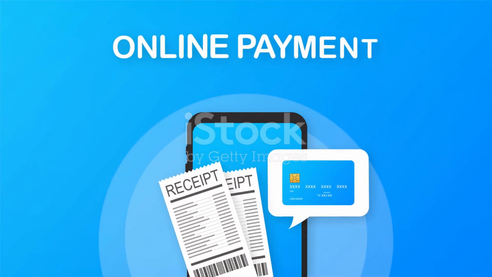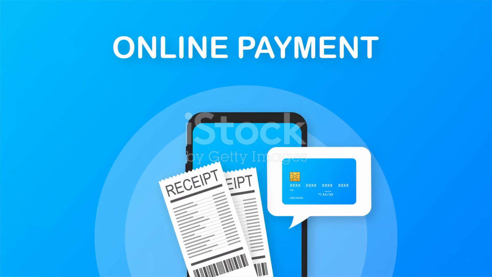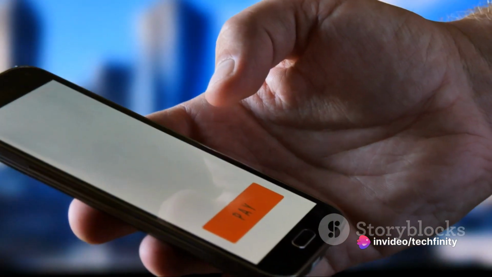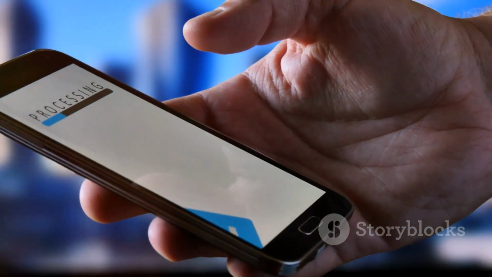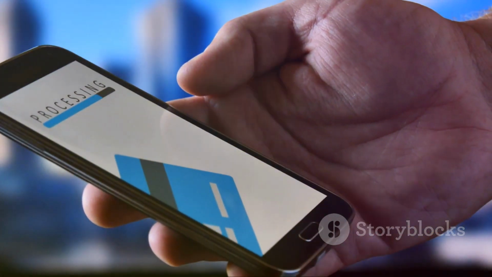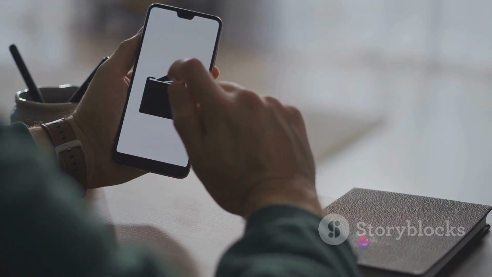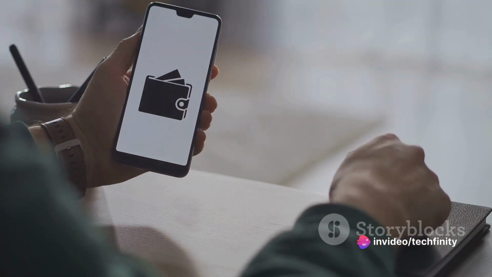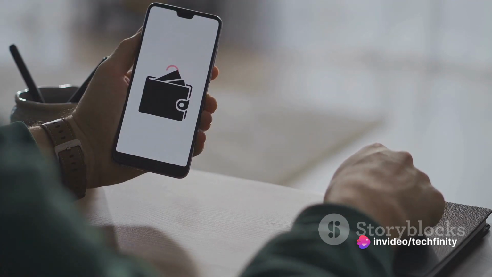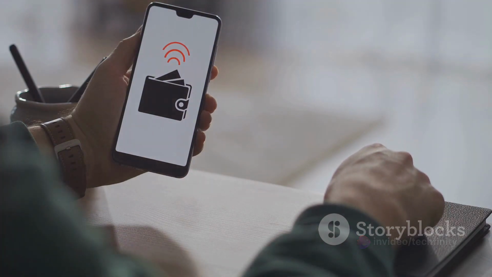One of the key features of online transactions is that they are processed in real time. This means that the transfer of funds or the confirmation of a payment happens almost instantaneously. Imagine you're shopping online for a new pair of shoes. Once you hit that purchase button, your payment is processed and the merchant receives confirmation of your payment within seconds. This real-time processing eliminates the waiting period associated with traditional banking methods, making transactions quicker and more efficient.